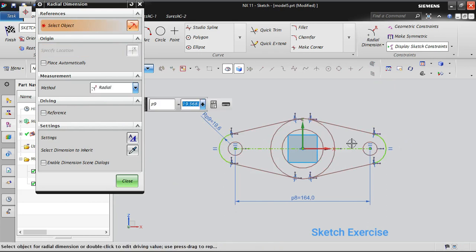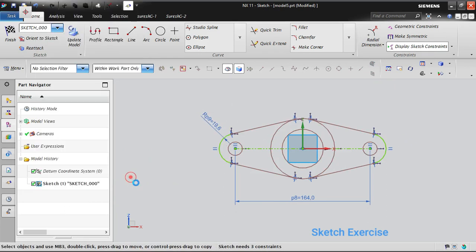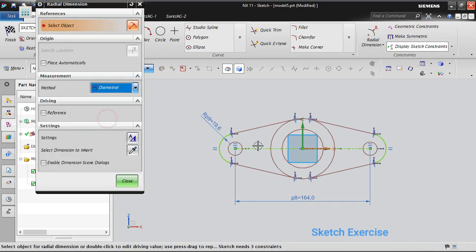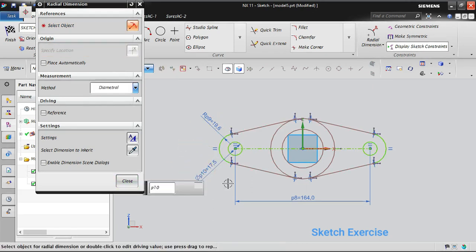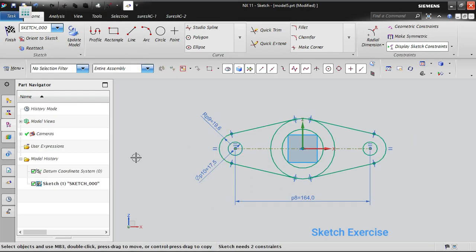Since we gave equal radius, only one place is sufficient to create the radius. Similarly, here also I need the diameter dimension. So I'm defining the diameter from here. Automatically this also will get constrained. No need to give again and again.